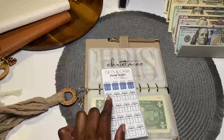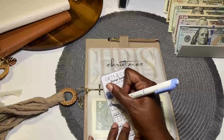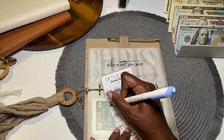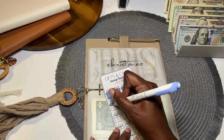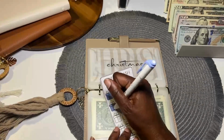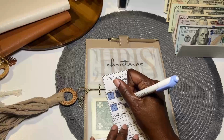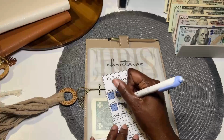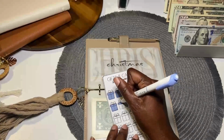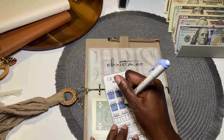And we get to color in gifts. Each gift is $15. And now that school days, or actually, I'm sorry, I'm calling it school aid this year. Last year was school days. Since that is fully funded, I'll be able to use that cash to get Christmas fully funded sooner than later, and possibly a couple other envelopes,